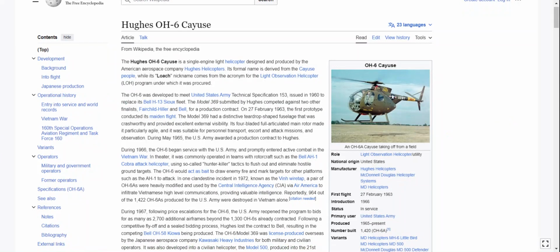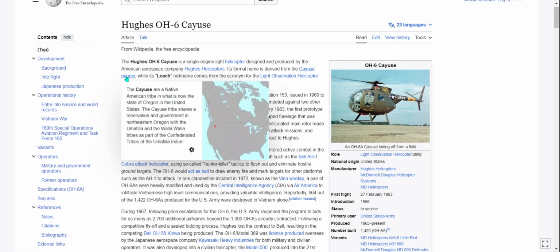The Hughes OH-6 Cayuse is a single-engine light helicopter designed and produced by the American aerospace company Hughes Helicopters. Its formal name is derived from the Cayuse people, while its Loach nickname comes from the acronym for the Light Observation Helicopter program under which it was procured. The Cayuse people are a Native American tribe in what is now the state of Oregon in the United States. The Cayuse tribe shares a reservation and government in northeastern Oregon with the Umatilla and the Walla Walla tribes as part of the Confederated Tribes of...